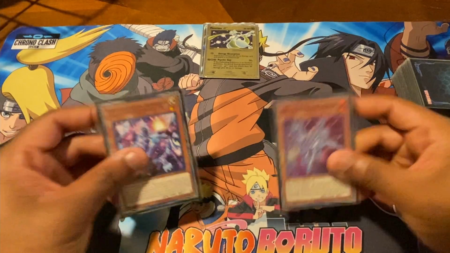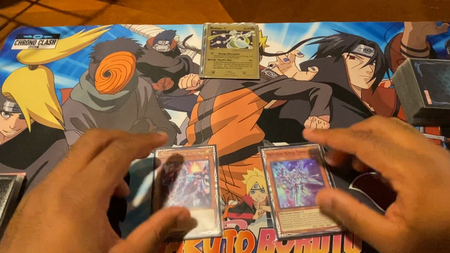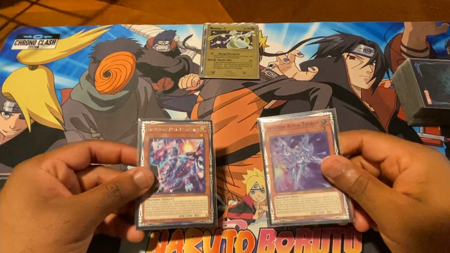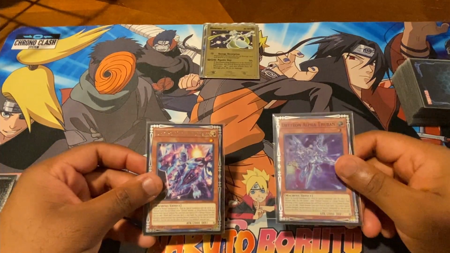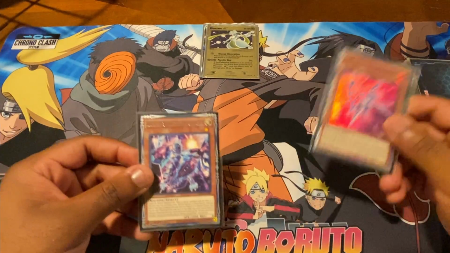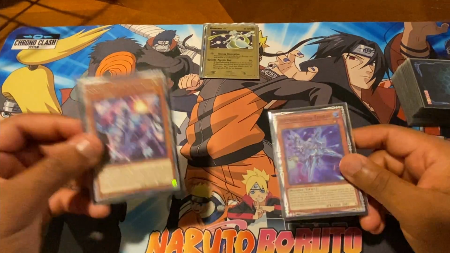Alright guys, we're back to the combo section. Now, basically for the combo, you need Zeta and Alpha, or you need Alpha, or this can be Cyber Mercy, or vice versa, or anything that can get you to the other 9